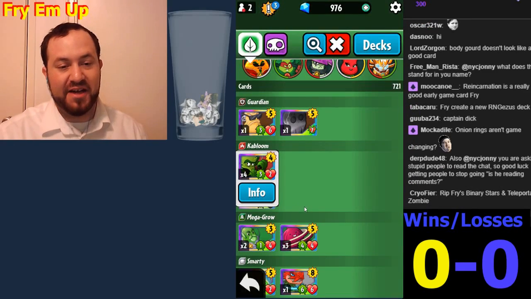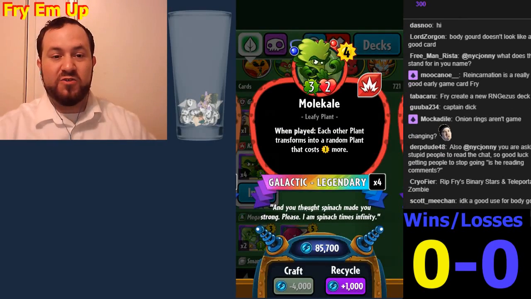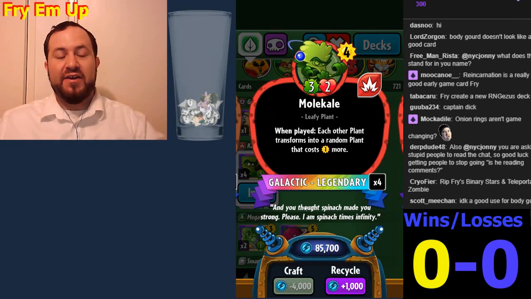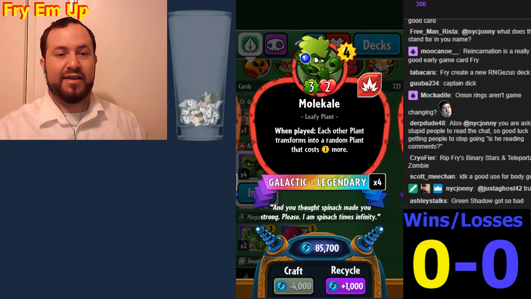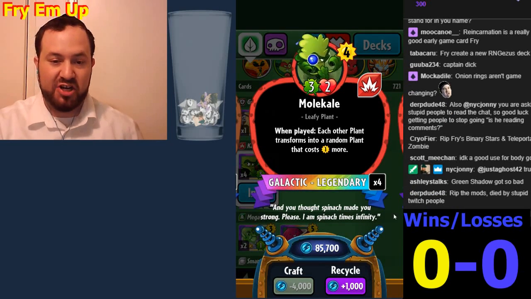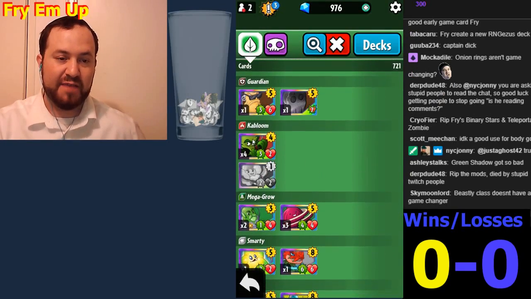Now, Molocale, on the other hand, is a totally new strategy that adds to a deck, particularly combined with Pine Clone. You can build up Pine Clone, then put a Molocale on top of that, and that's usually all you need in order to win. Definitely a game-changing card, and I was fortunate to get a whole bunch of copies of this